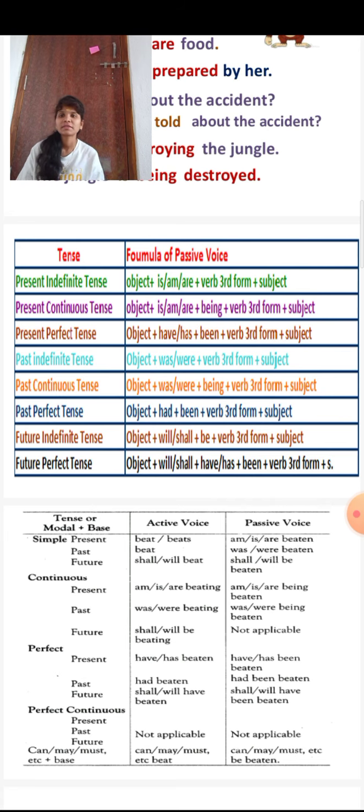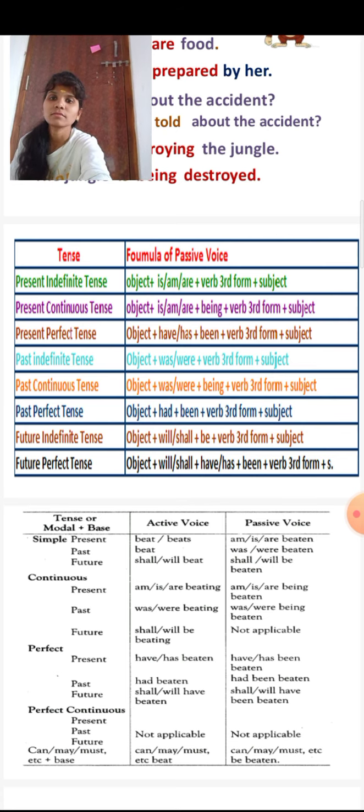And next, future perfect tense examples for active voice and passive voice. Here, Meena will not have changed the bedsheet. The bedsheet will not have been changed by Meena. So observe the sentence now. Meena will not: a negative sentence always remains negative. So "will not" remains as the negative. So when we are converting a sentence from active voice into passive voice, it has to remain negative only. Meena will not have changed the bedsheet. The bedsheet will not have been changed by Meena.